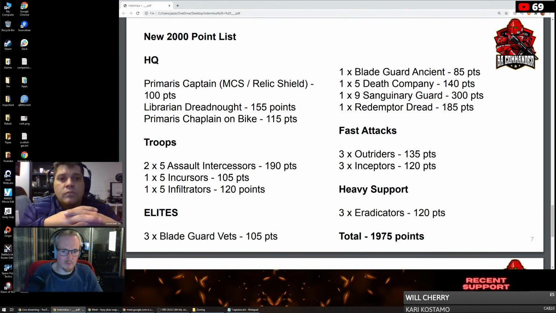Obviously, he is very survivable, and the ability to reroll hits or wounds on the Blade Guard would be very strong as well, because I feel like they're going to be wounding pretty decently with their Strength 5 plus 1 to your wound rolls, so your wound roll is going to be pretty decent anyway, so...